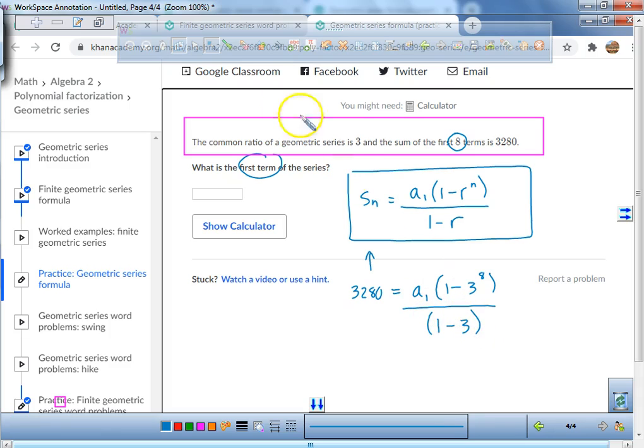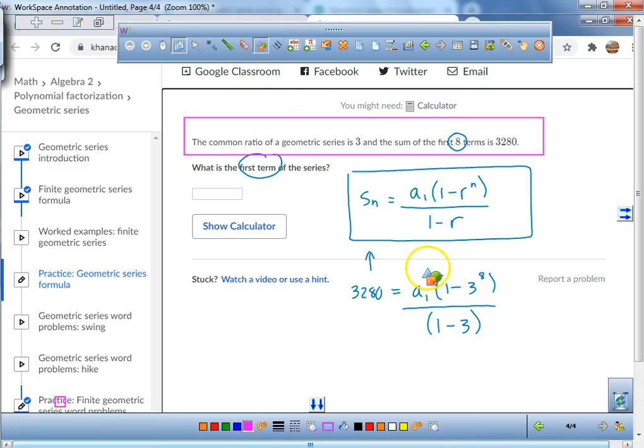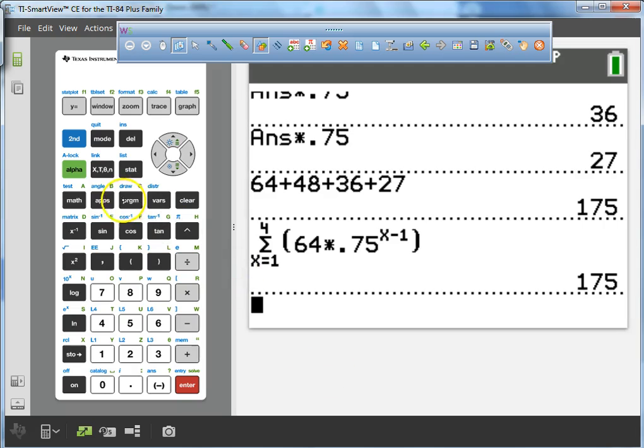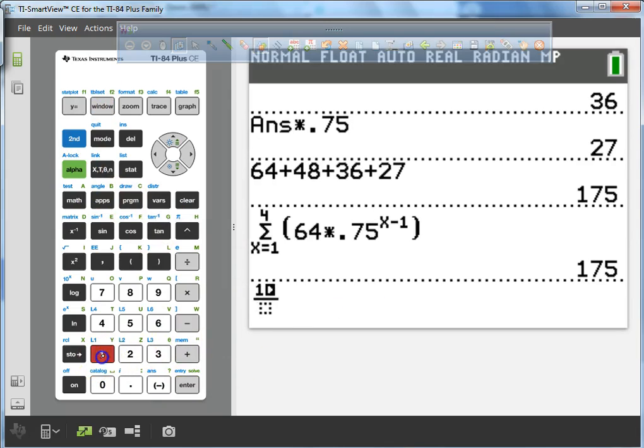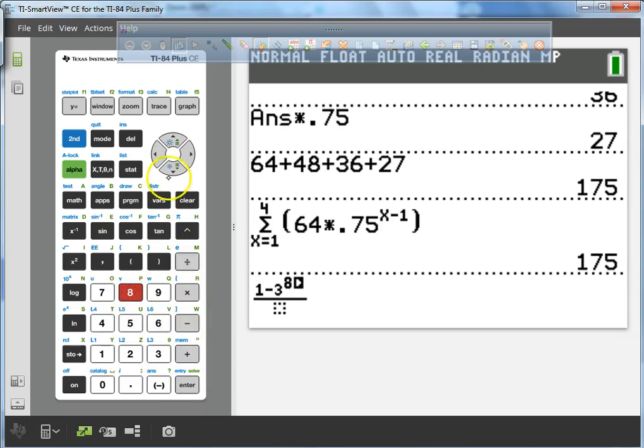What you guys are going to need to do in your calculator is do this section right here. I'm going to hit alpha y equals enter. Do 1 minus 3 to the power of, I think it was 8, correct? Over 1 minus 3, and I get